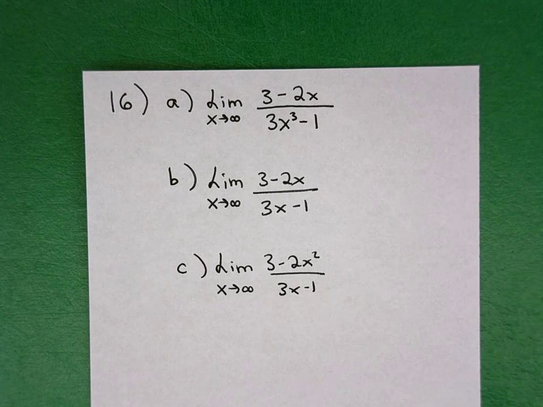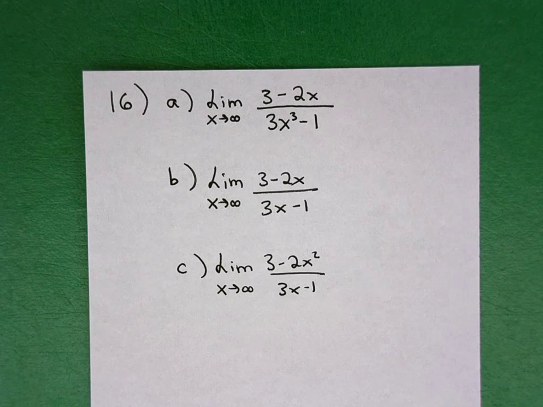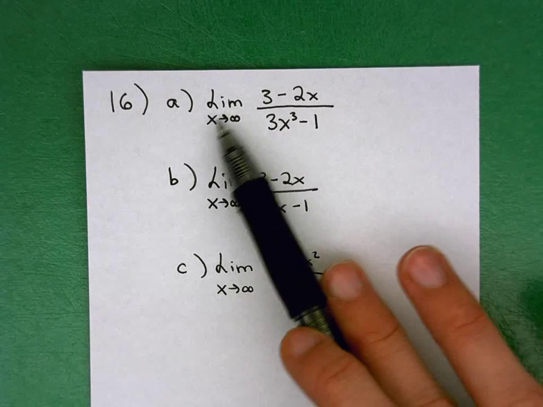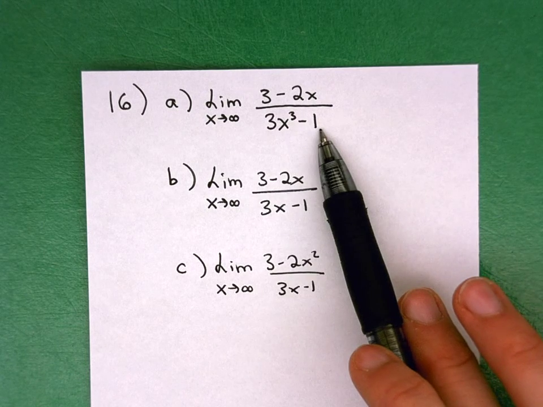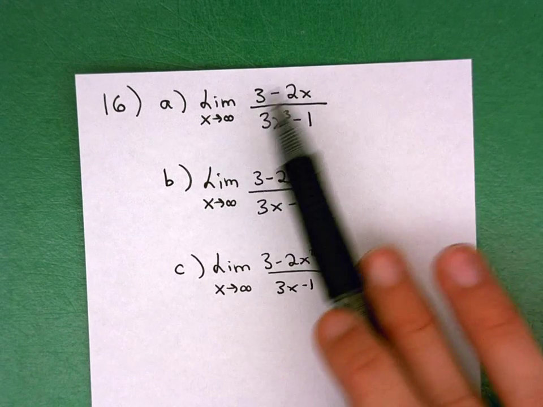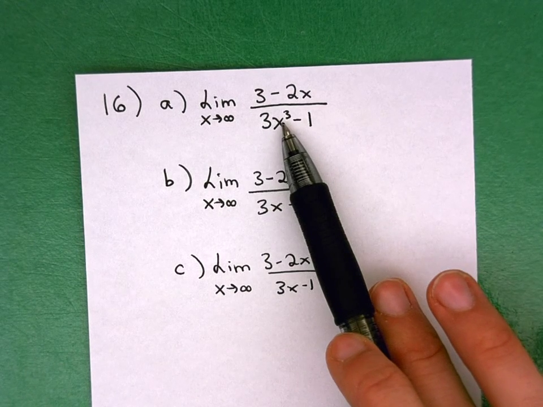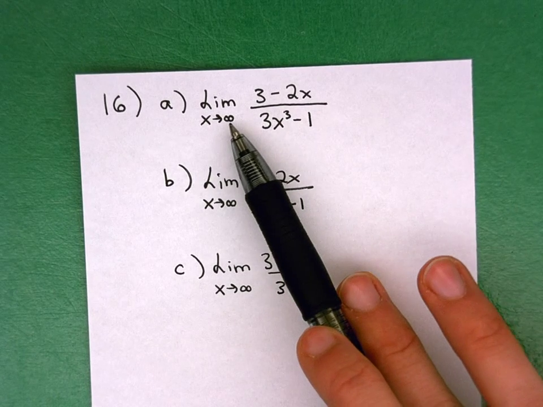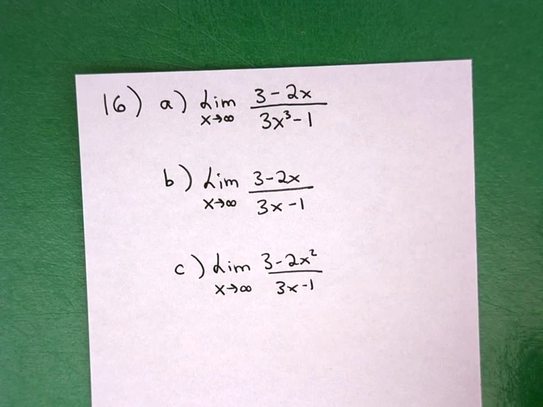Okay, so the first thing we want to look at here are the 3 different scenarios that we might find ourselves in, depending on where our highest power or powers are located. With 16a here, we're finding the limit as x approaches infinity of 3 minus 2x over 3x cubed minus 1. Our highest power in this function is this x cubed, and here's why we only care about the x cubed. I'm looking at a huge, massive number, right? x is approaching infinity. So we're thinking bigger than